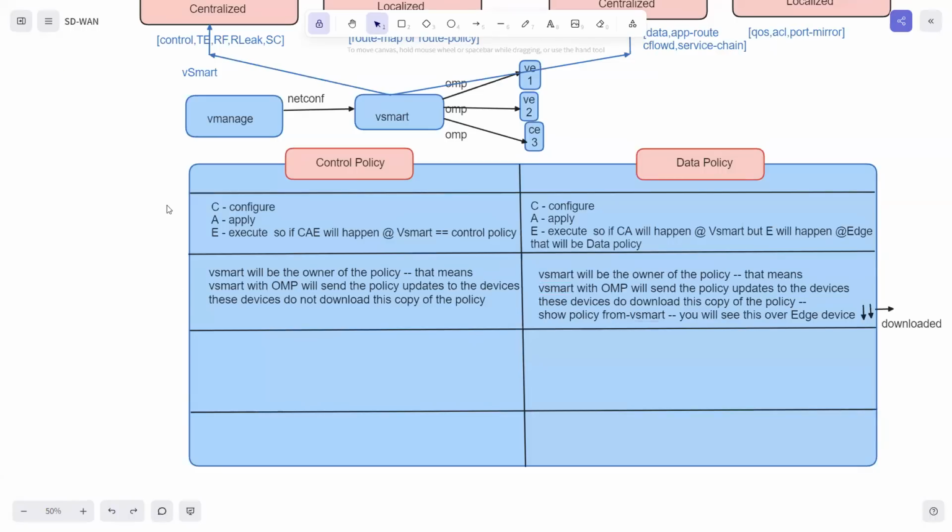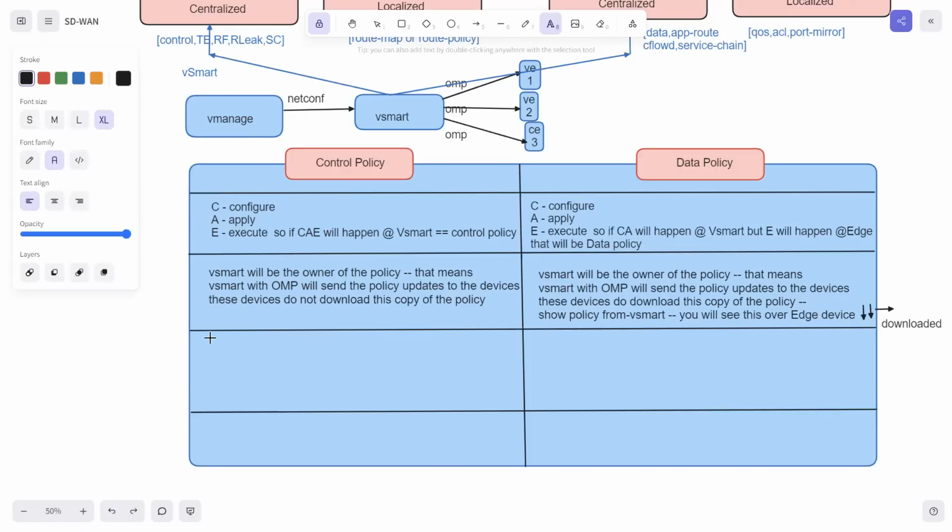Since you have the control policy, right? Your control policy is actually quite interesting, because of the direction. Control policy or policies are unidirectional. So what does it mean? It means that if you have